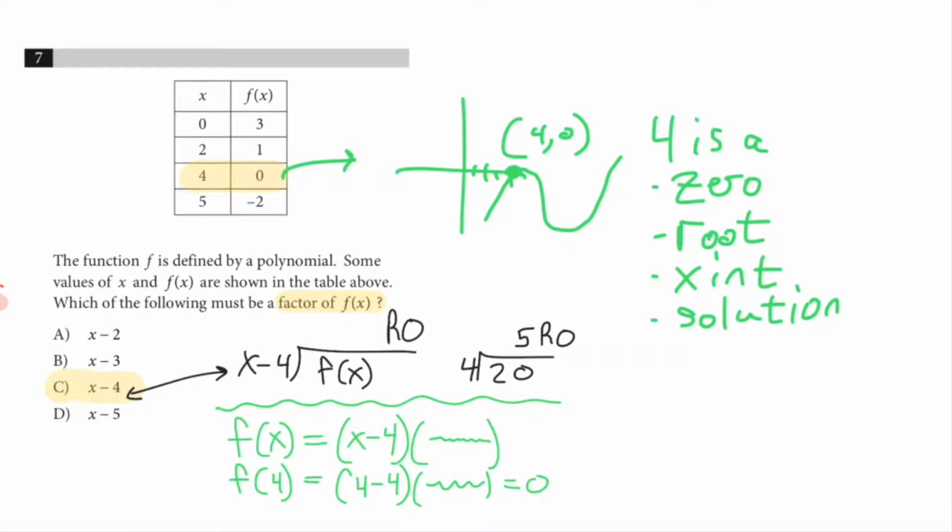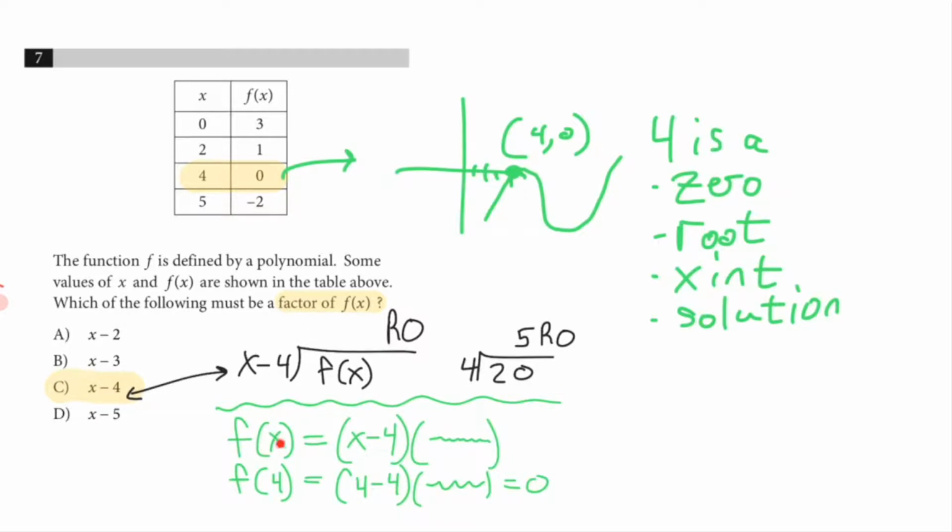If the answer, whichever one it is, is a factor of f of x, that means you've got to be able to take that answer and divide it into f of x and get a remainder of 0. Just like 4 is a factor of 20, because when you divide 20 by 4, you get 5 with a remainder of 0. So, when you get a remainder of 0,